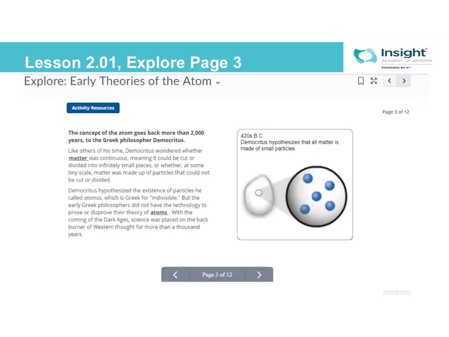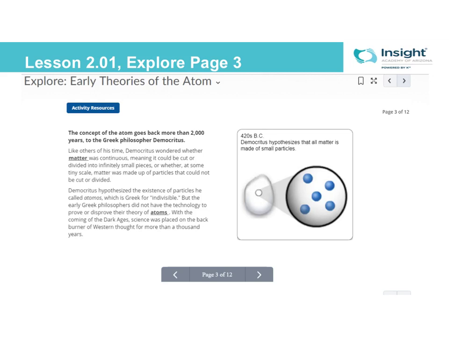So, just examples of what you might end up seeing. All right, so say from lesson 2.01, this actually may be a different Explore page now because this is prior to the new curriculum, but I'm sure there'll be something very similar related to Democritus. All right, so we've got the concept of the atom goes back more than 2,000 years to the Greek philosopher